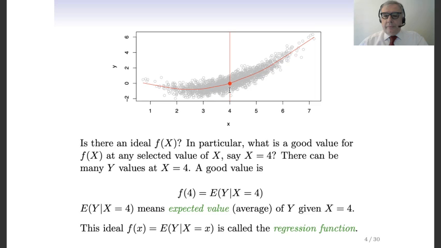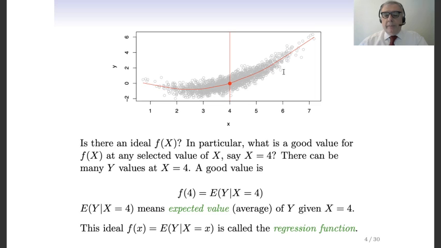Now, if I use statistics to decide, I can see that a good value for the prediction is just the expected value of y given x. What does it mean, expected value of y given x? It means that I'm going to take all the values of y when x is equal to 4. So I'm conditioning this distribution on x equal to 4, because as you see, this is the scatter plot of